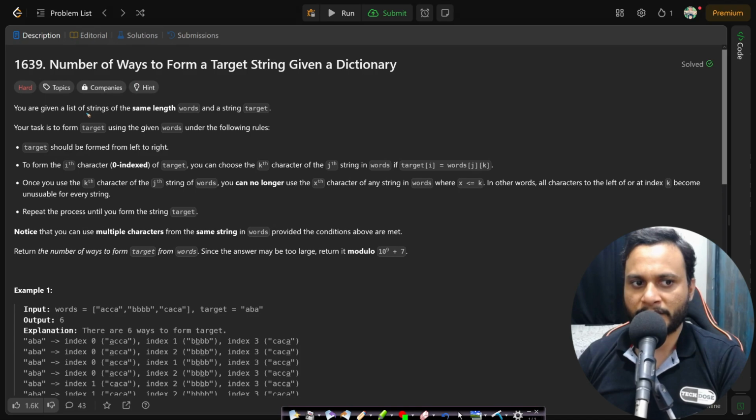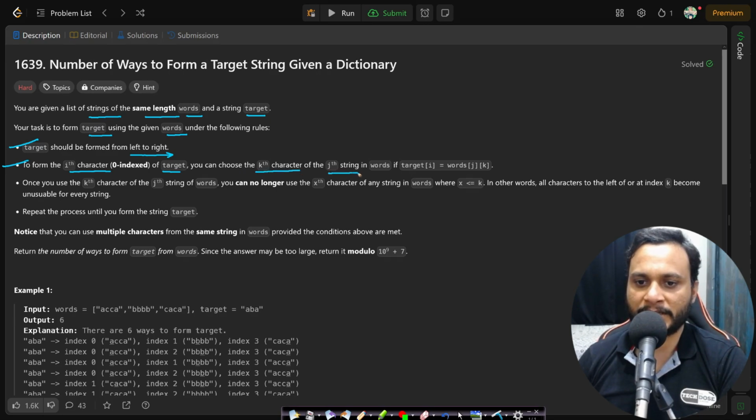In this problem you are given a list of strings of the same length, words, and a string target. Your task is to form the target using the given words under the following rules. The target should be formed from left to right. To form the ith character of the target, you can choose the kth character of the jth string in words if target[i] equals words[j][k]. That means when you take the jth word and the kth character, it should be equal to the ith character